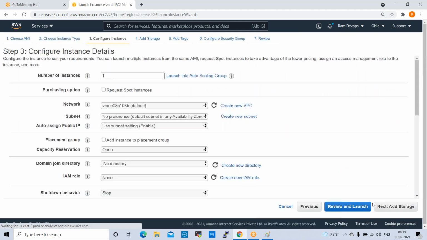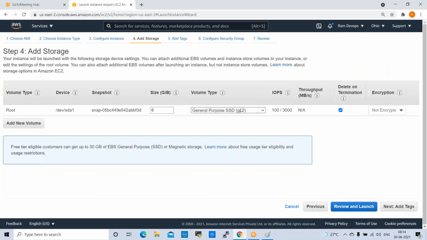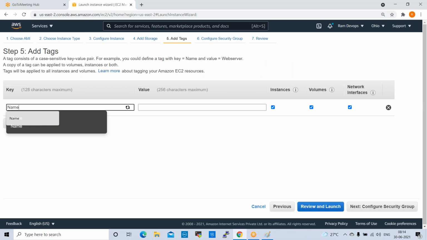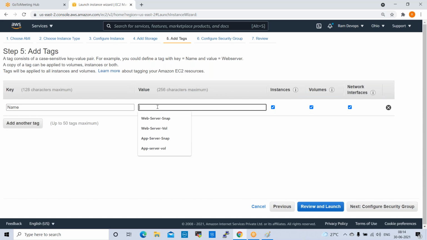Jenkins also supports Windows. In Windows also we can install and configure Jenkins. In your local laptop also you can install Jenkins. But in real time, we use only Linux servers.